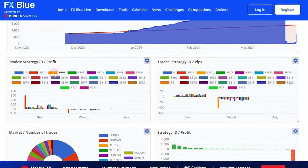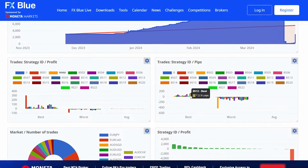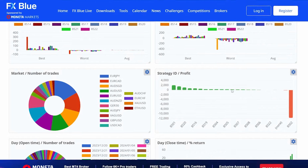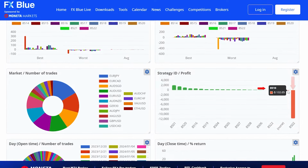And if we take that one out, we can see that all the others are going well. Only a little bit of negative results here, but all in all, overall, they're all profitable, all green. These ones are really faint. This one's a red one. That's the 8502, of course, the little problem chart we've got there, and 8510, which is just negative